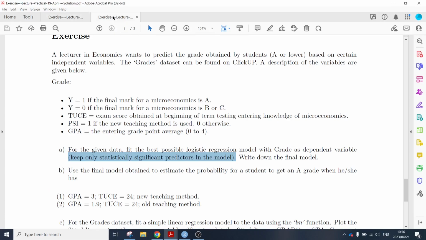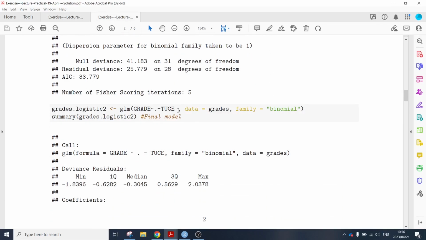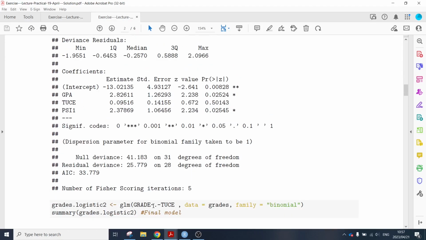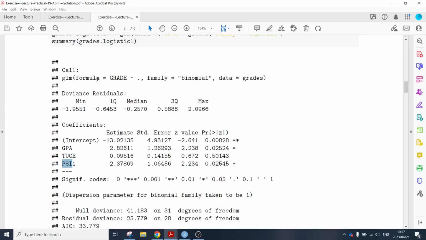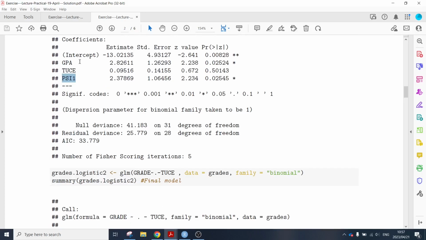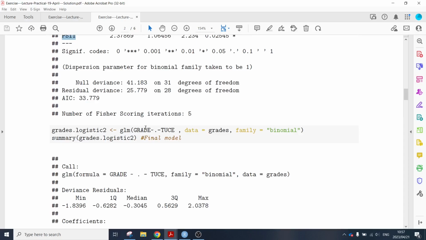So in order to do that, you will now rewrite that same code here, but now your change is going to be here. So one way of doing it, you could have said grade and then this tilde, and then you would have said GPA plus psi. You don't need the 1. Remember, there's no psi 1. It added 1 in the GLM in order to just identify that that is for when psi is equal to 1. Okay, so here you will have grade tilde GPA plus psi,